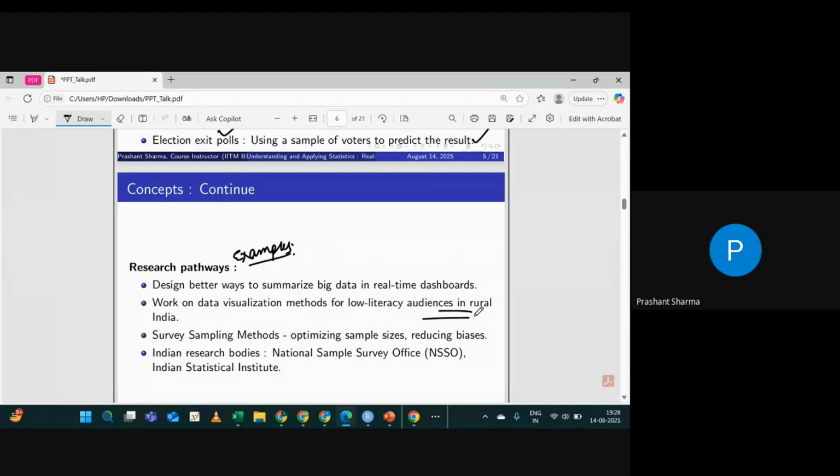And there is something called survey sampling methods: how you can optimize the sample sizes, and how you can reduce the biases. For these kinds of things, there are some Indian research bodies. One is called NSSO, the National Sample Survey Office, and the next one, which most of the people know, is the Indian Statistical Institute. These are just examples; you can think of applying the concepts, the descriptive and